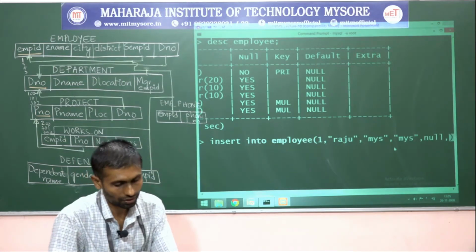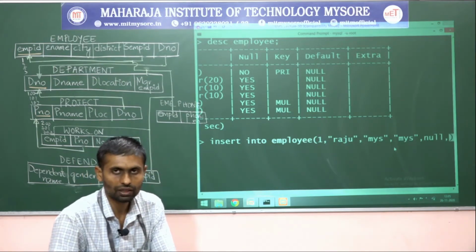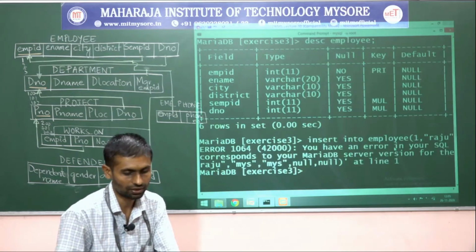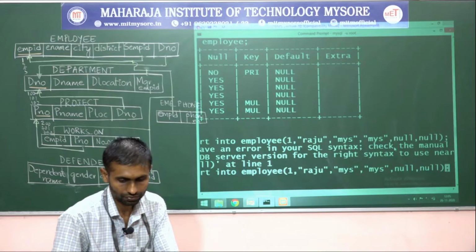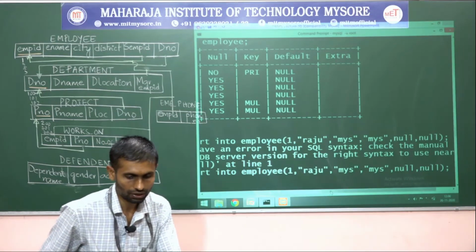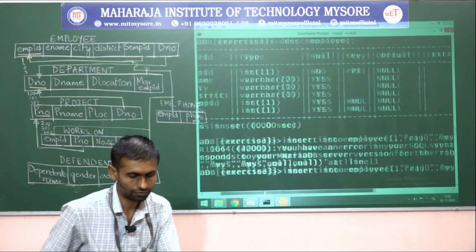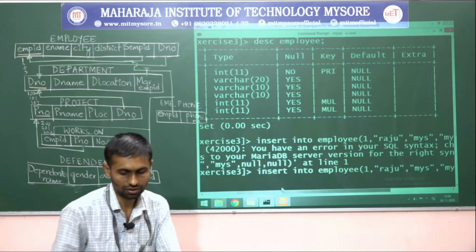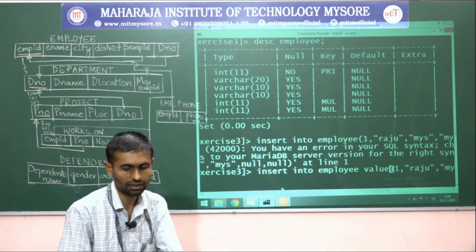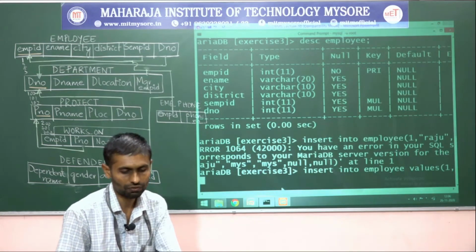Then department number, we do not have any department number, so again make use of null for this, later we will go with updating. Is any attribute left out? We will check. We missed that value, right? Insert into employee, you can write the attribute list, and later directly make use of values.